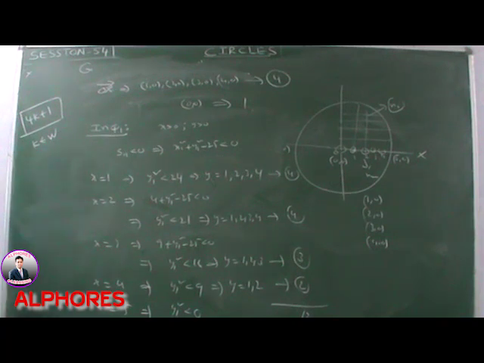Please note this point. The number of integral coordinates inside of the circle is always in the form of 4k plus 1, where k belongs to W. The possible values are 1 if k is 0, 5 possibilities if k is equal to 1, or 9 possibilities if k is equal to 2. Suppose in multiple options the number of integral coordinates is 2, it is wrong. The integral coordinates are in this form 4k plus 1. The cases 2 fail, 3 fail, 4 not possible. Please observe this: the number of integral coordinates inside of the circle is in the form of 4k plus 1. Very, very important.